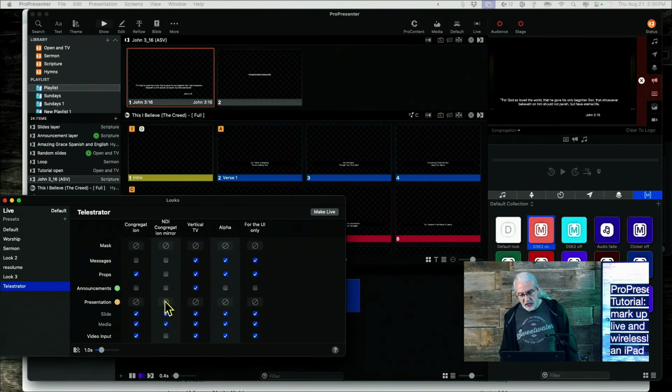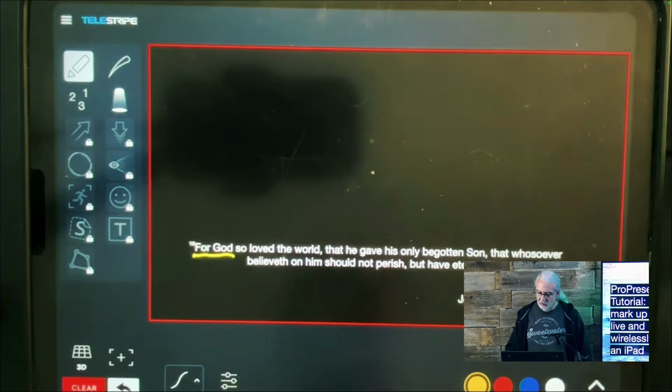You might think that you would not want the slide and media to be enabled for both the NDI congregation mirror and the slide and media. But there is actually a setting over here. If we click here,